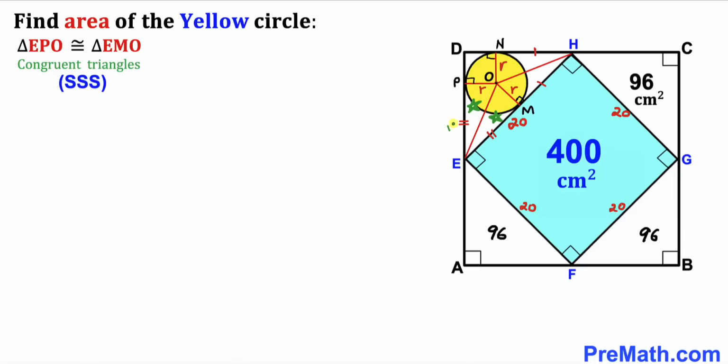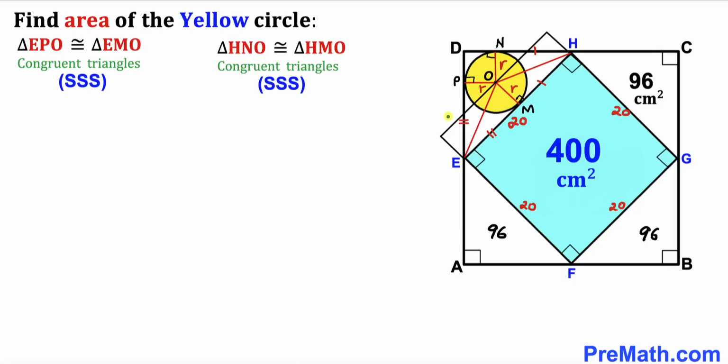Since this side length is congruent to this one, these are our radii and this is our common side. And likewise, these two other right triangles are congruent as well. In other words, this triangle HNO and this triangle HMO are congruent as well according to side congruency theorem. And now since these triangles are congruent and these triangles are congruent as well, I can rearrange these